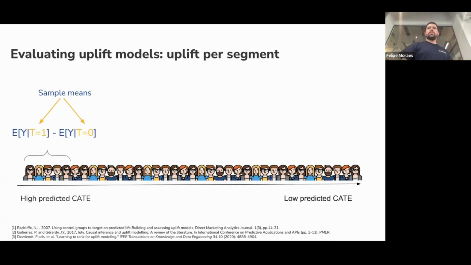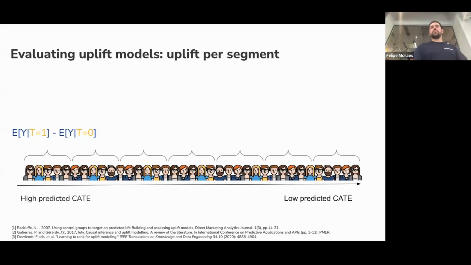And then for each group, you just do samples. A lot of times people do deciles, so divide this in 10 parts, and you can just calculate the average, because in this case, you are going to have units, or people in this case, that are in the treatment and are in the control. And then you can calculate this average, because then it's going to be, again, under the assumptions that Felipe told us, you can get an average treatment effect for this group. After you calculate this average, you just calculate for all the groups sorted in this way.